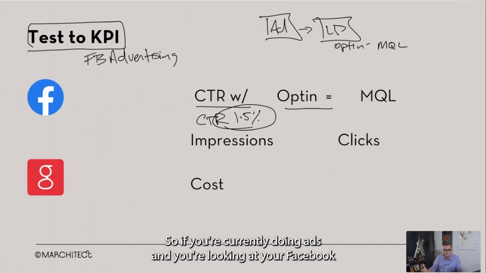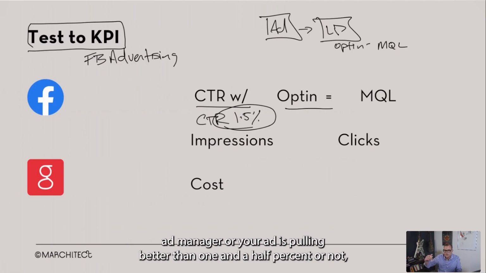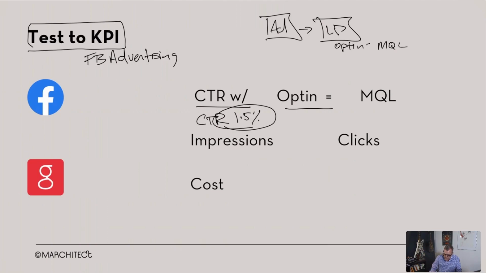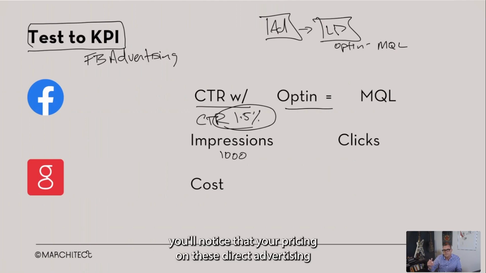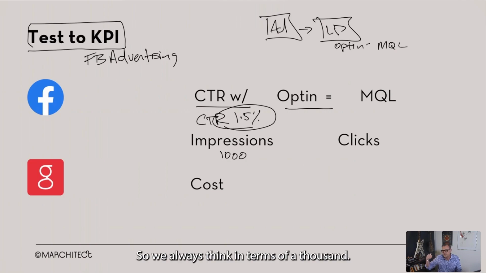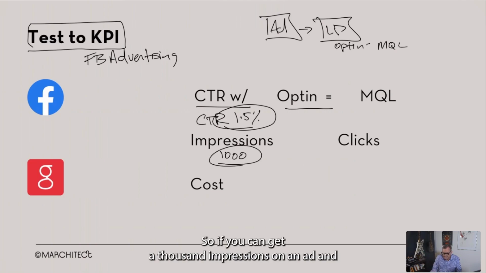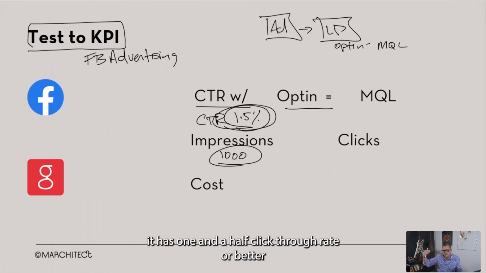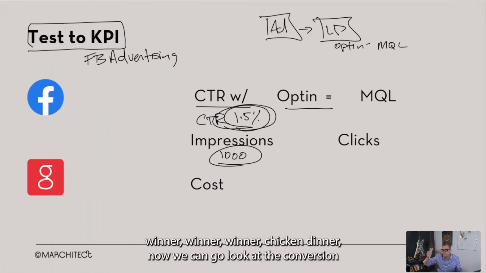So if you're currently doing ads and you're looking at your Facebook ad manager, are your ads pulling better than 1.5% or not? And that is based on 1,000 impressions. You'll notice that your pricing on these direct advertising channels is based on 1,000. CPM is what it's called. So we always think in terms of 1,000. So if you can get 1,000 impressions on an ad and it has 1.5 click-through rate or better, winner, winner,